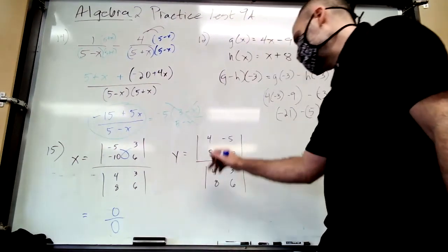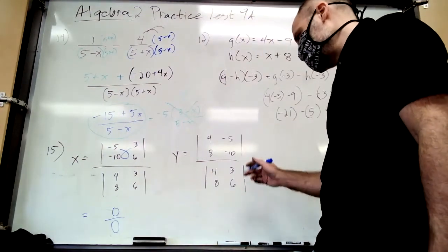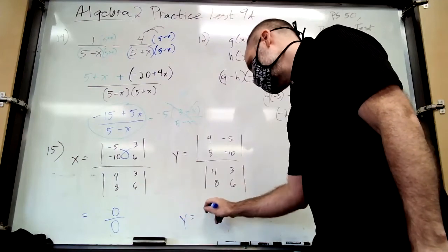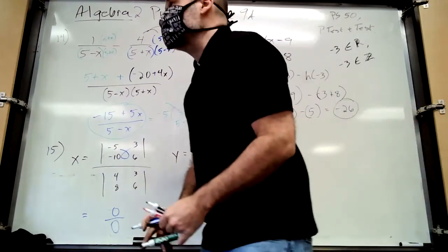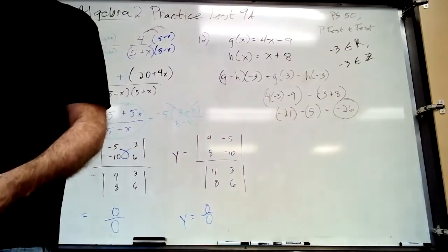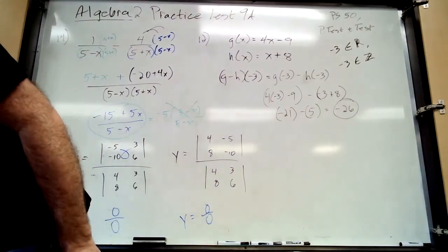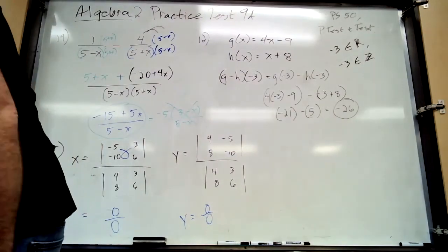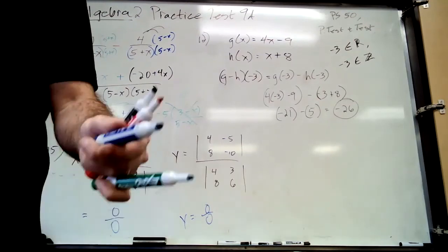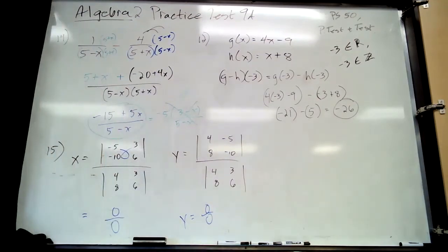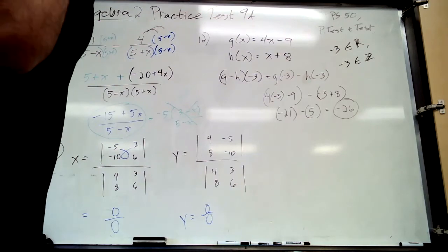So let's see, negative 40 minus negative 40, the same thing, we get 0 over 0. So that means our solution is not no solution. Do you know what our solution is? There are infinite solutions. So these are dependent equations. So if you were to use the elimination method,